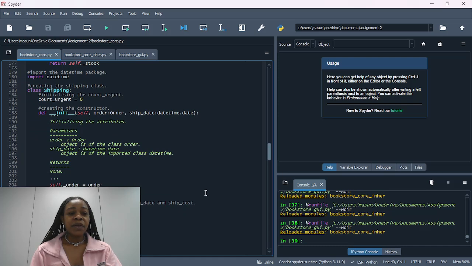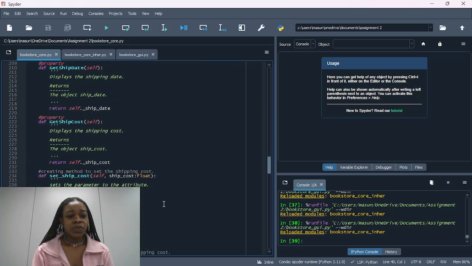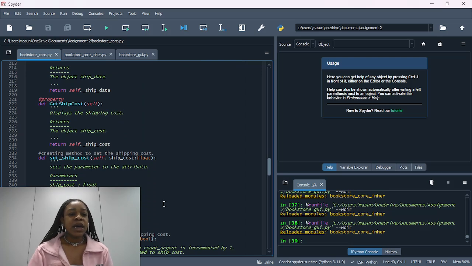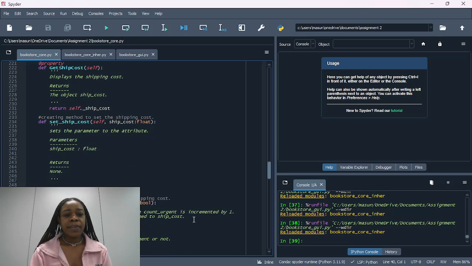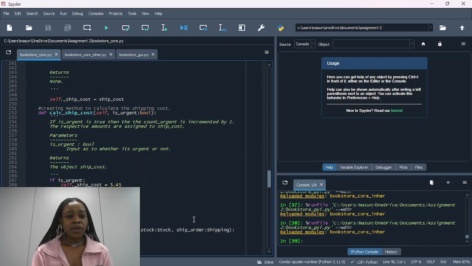And on the shipping class, I imported a library, datetime, which is going to be used to determine the date of shipping, and it has its get methods as well as its set methods. We're going to set the ship cost by inputting the ship cost as a parameter. And we have the calculate ship cost, which has a Boolean parameter to determine whether the shipping is urgent or not,